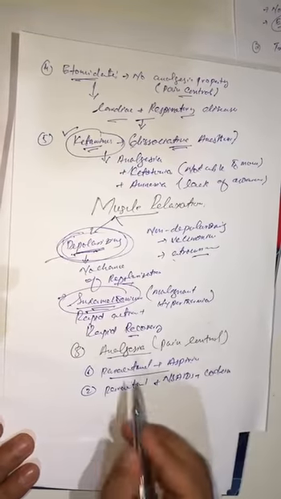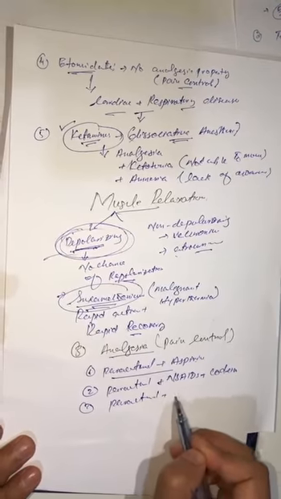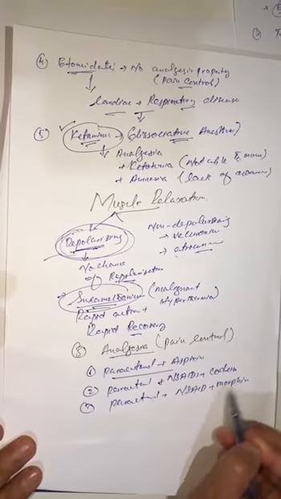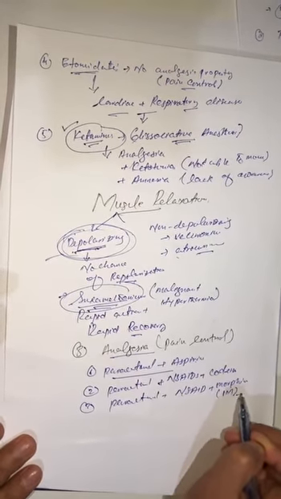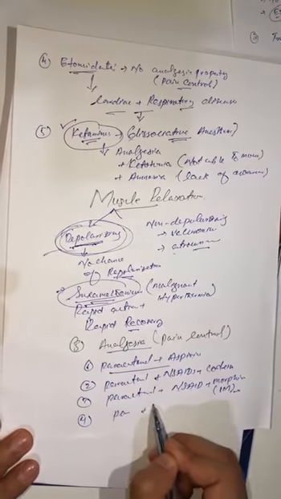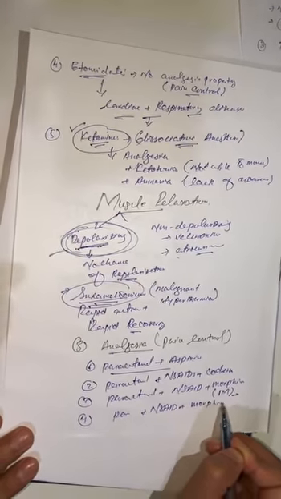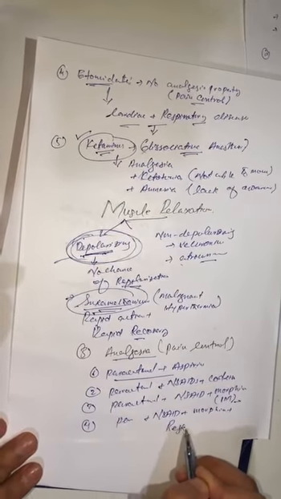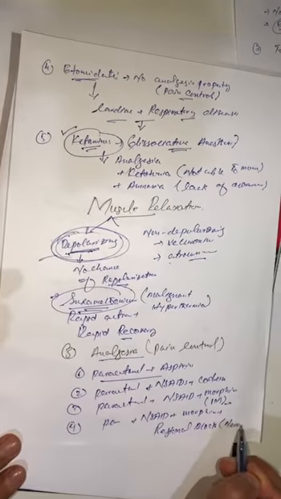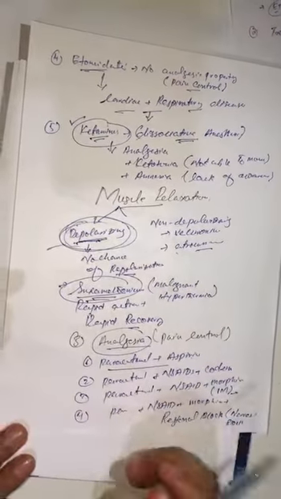And if it doesn't work, then we will go to paracetamol plus NSAIDs plus morphine IM injection, intramuscular injection. If eventually it doesn't work, then our last option is paracetamol plus NSAIDs plus morphine, and we will add some regional blocks. Regional blocks are nerve blocks, direct nerve blocks. So these three steps which are used